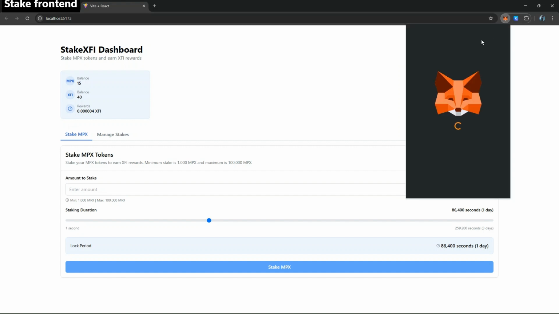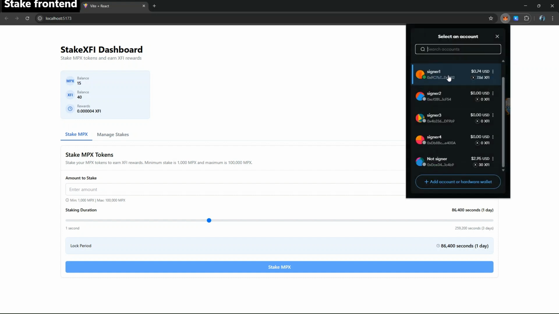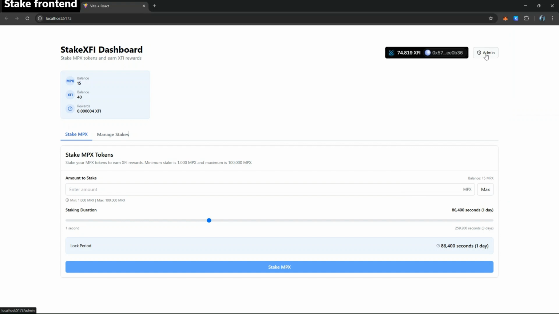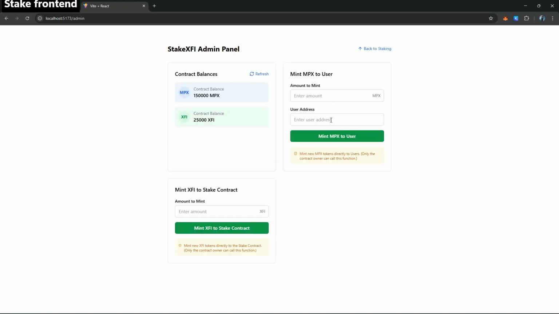Once I come back to the actual account I deployed the contract with, that's the owner of the contract. You can see the button is there. And I already showed you guys the UI. You can see our admin page. Good. I added a little extra to the admin page, so we can mint XY. Now we can go back